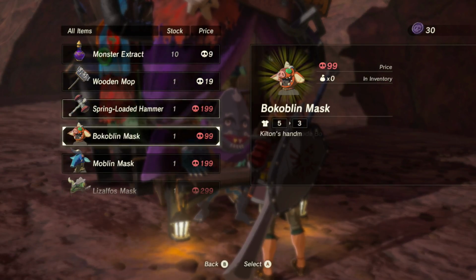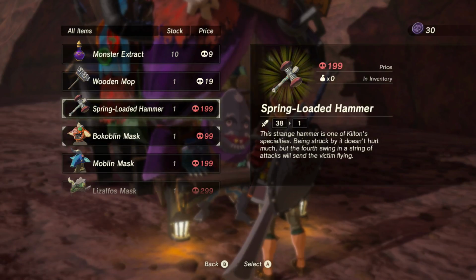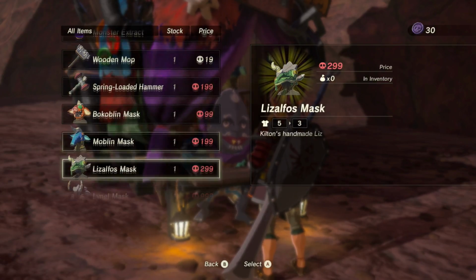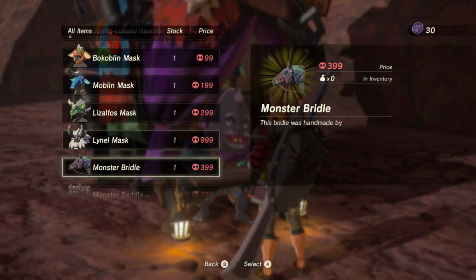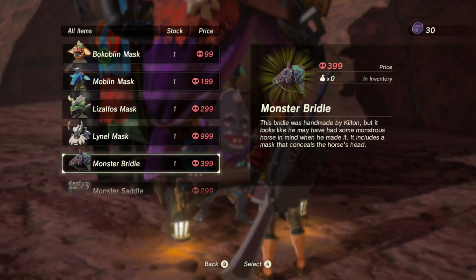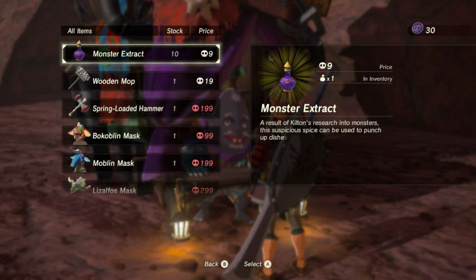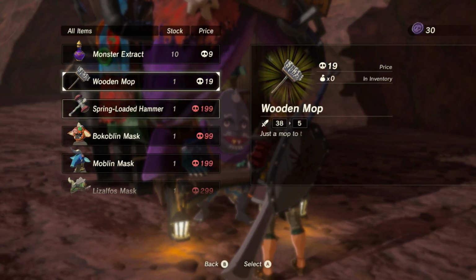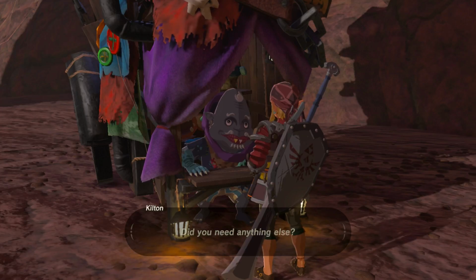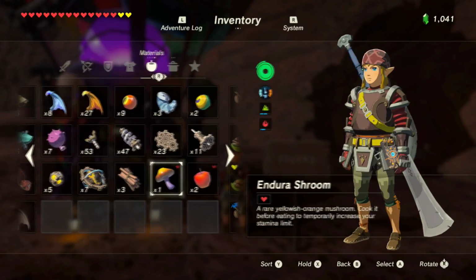And so we can actually go through here and we can buy different items from him. So we can get a mop. Yay. We can get monster extract, a spring-loaded hammer, a bokoblin mask, a moblin mask, Lizalfos mask, Lionel mask, a monster brittle. It looks like he may have some monstrous horse in mind when he made it. Oh, it conceals a horse's head. Interesting. And a monster saddle. So we can actually trade the Mon for these different items. I'm gonna say bye-bye. I really don't want to sell anything else, but I do want to do...